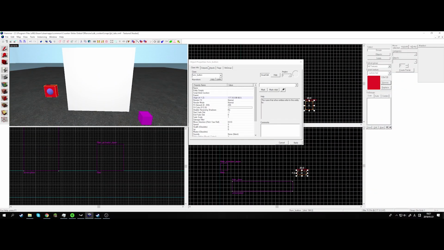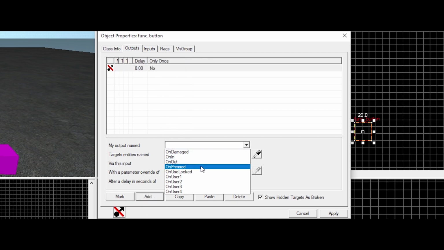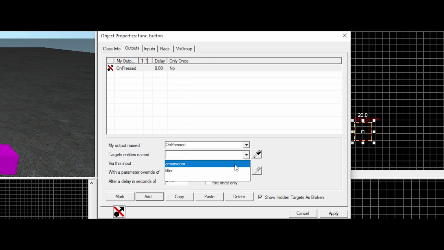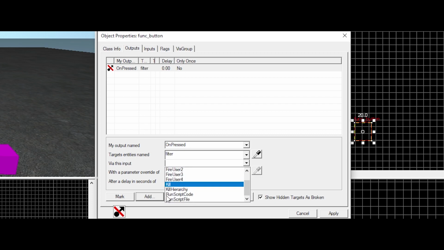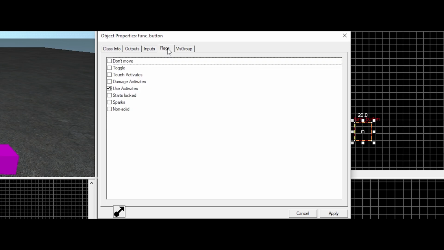Next, go to your button, go to outputs, press add, unpressed, filter, test activator, click apply. Now I usually make button not move, so